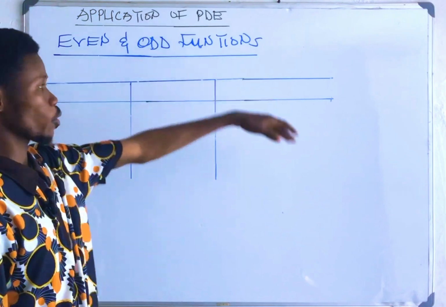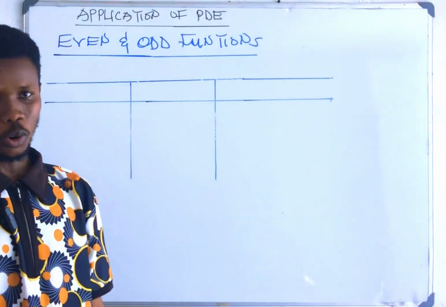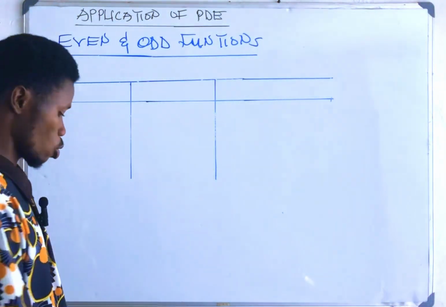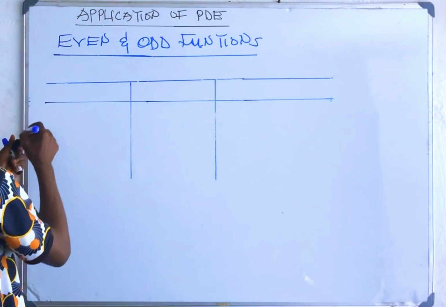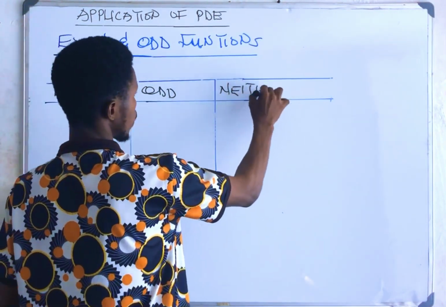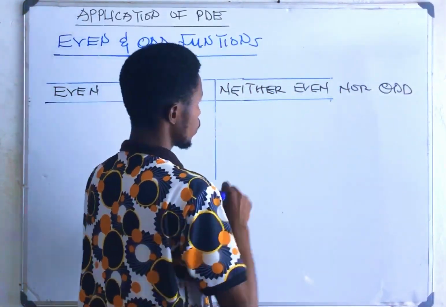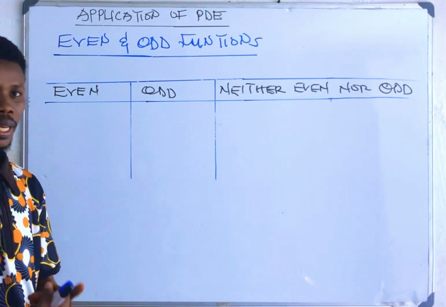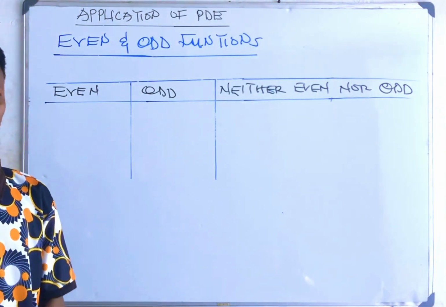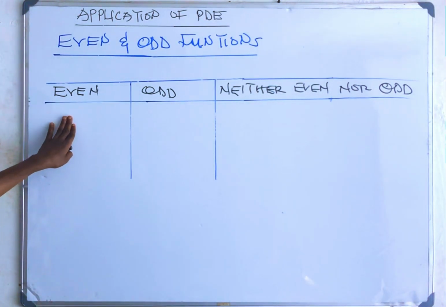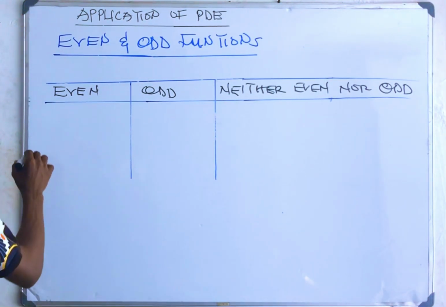Now we are going to look at even and odd functions, and also when it's not even or odd, it becomes neither even nor odd. So that's what we are going to look at. First, I have this as my even function, and we get something like this. Now when we say even function, what does it mean? So for the even function,